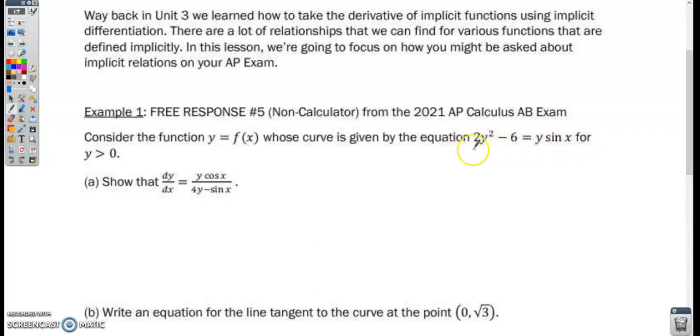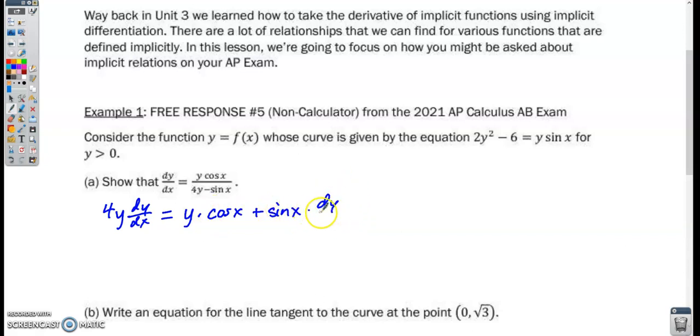So let's go ahead and take the derivative of 2y squared minus 6 equals y sine of x. On the left-hand side, the derivative of 2y squared is going to be 4y times the derivative of the inside, which is dy/dx. We're differentiating with respect to x because we're trying to find dy/dx. The derivative of minus 6 is 0. And then the derivative of y sine of x, I need to use the product rule. So I've got y times the derivative of sine of x,